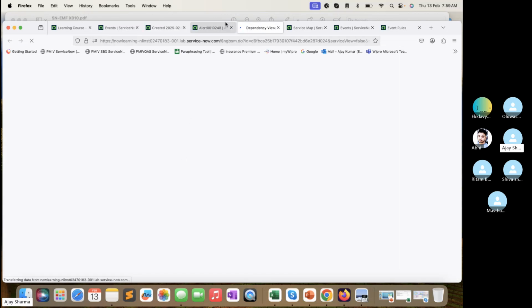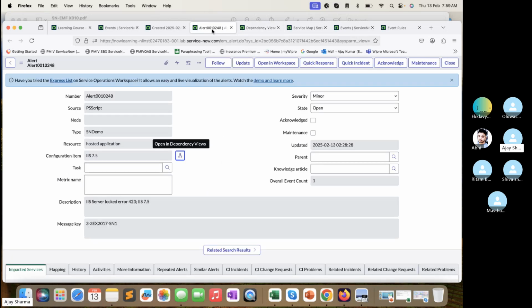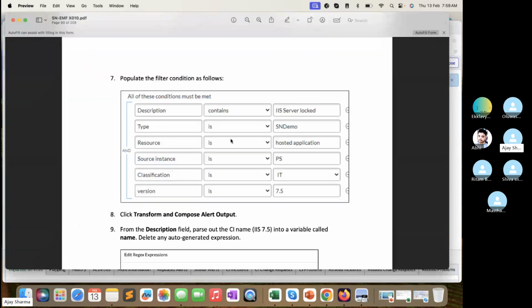Okay, if I just quickly open this one as well, see, this is my IIS. Now the impact is showing on this application CI, not on the host CI where this particular application is running. You can see this one, the alert which is there, right? So the override CI binding helps to provide or connect